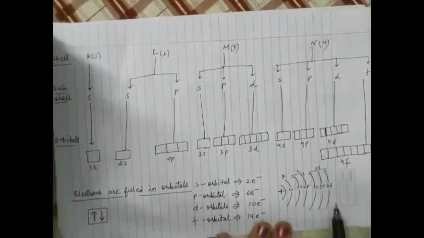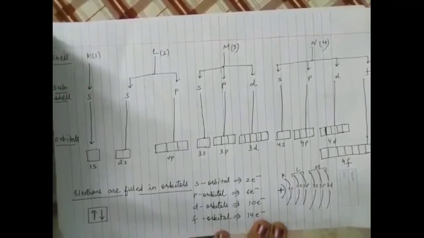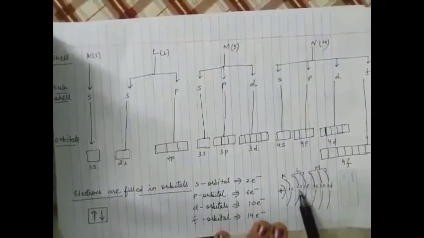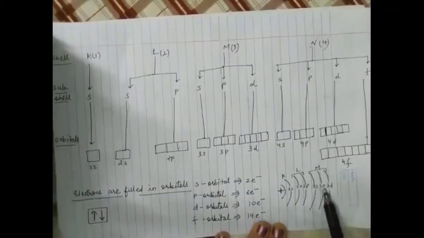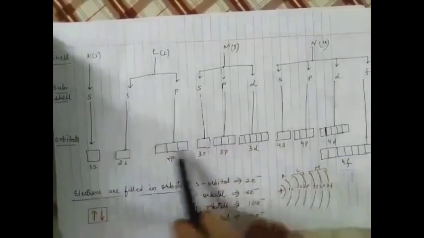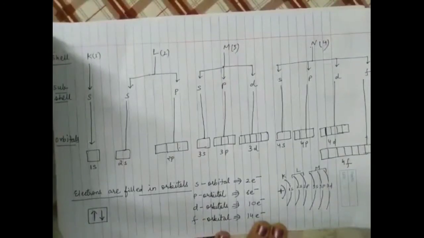Now see this diagram. This is how your orbitals or subshells or shells are located. This is the nucleus, this is the K shell, this is the 1s orbital, this is the L shell, this is 2s, and this is 2p. 3 orbitals will be there. This is 3s, this is 3p and 3d. So this is the meaning of penetration power. I explained this only to explain penetration power. What is the meaning of penetration power? For this we require the knowledge of spdf.